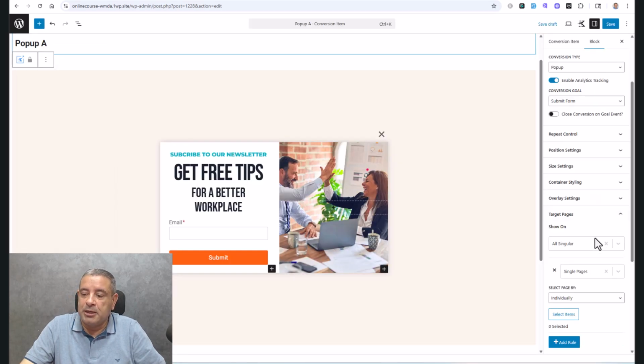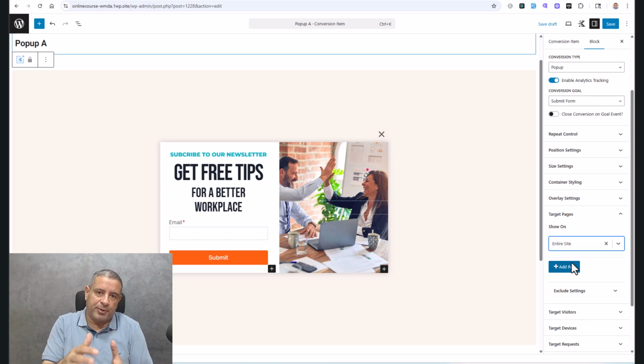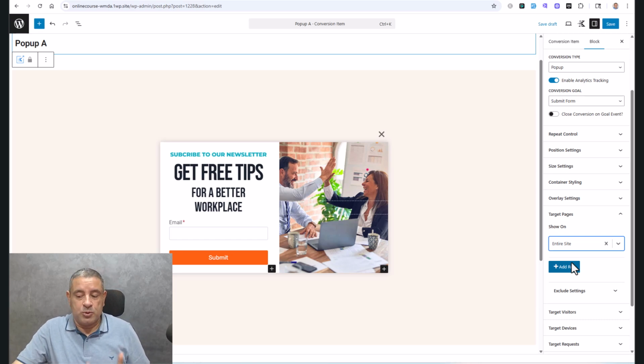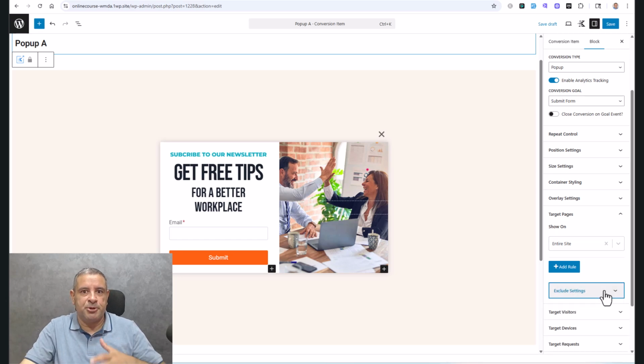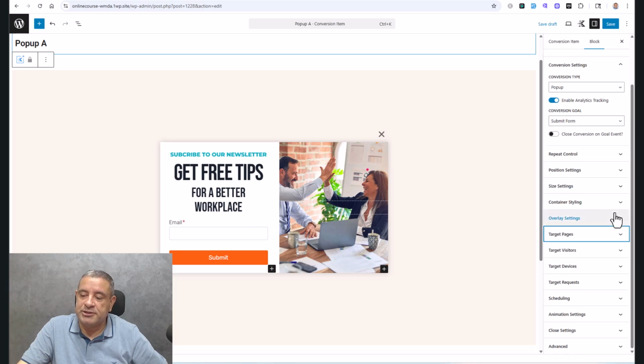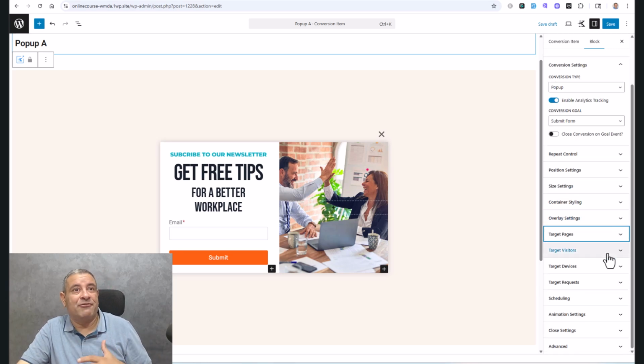I mean, you can do a ton of customizations here, but most of the time you just need to choose entire website. So this pop-up, I need the pop-up to be shown across all of the website pages. Maybe exclude your thank you page. You can just add a rule here inside the exclude settings to exclude this pop-up from showing up inside your thank you page, for example, because